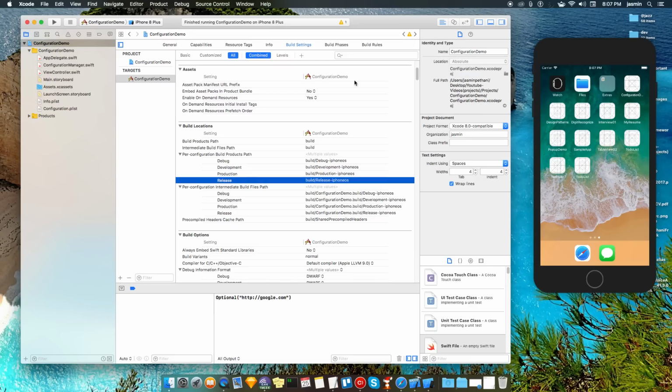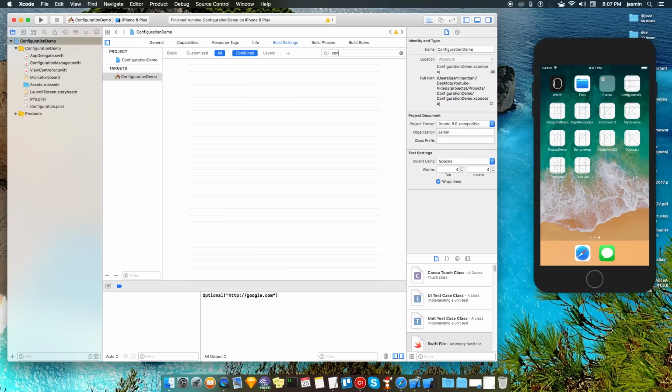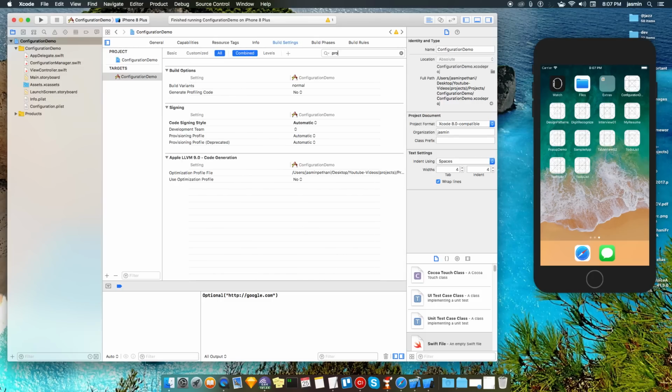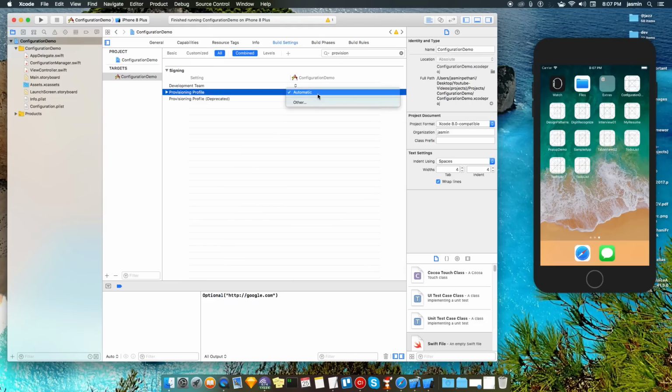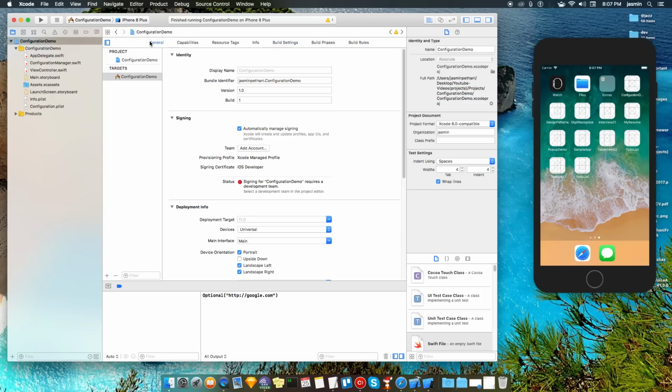And for more, you can change provisioning profiles from this list over here. As you can see, the development and production ones are different, so you can choose a development profile and a production profile accordingly.